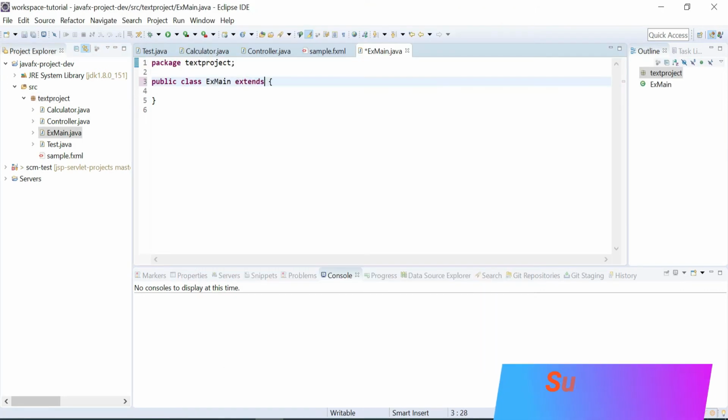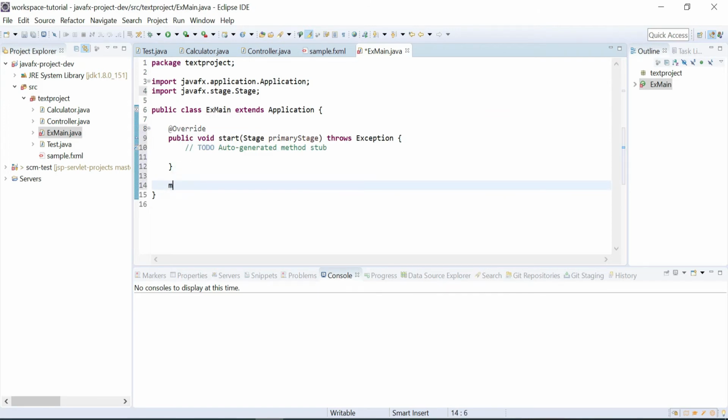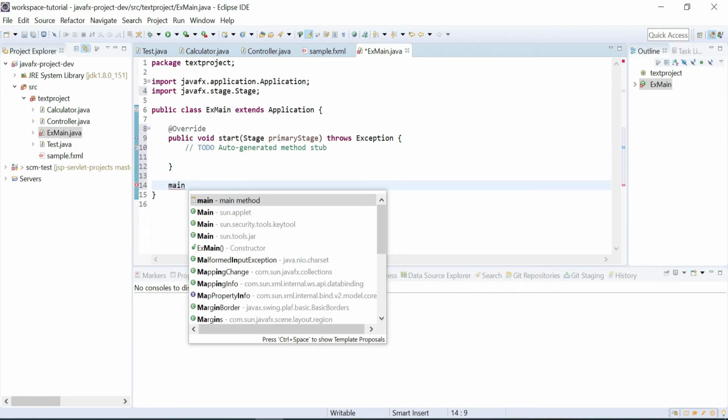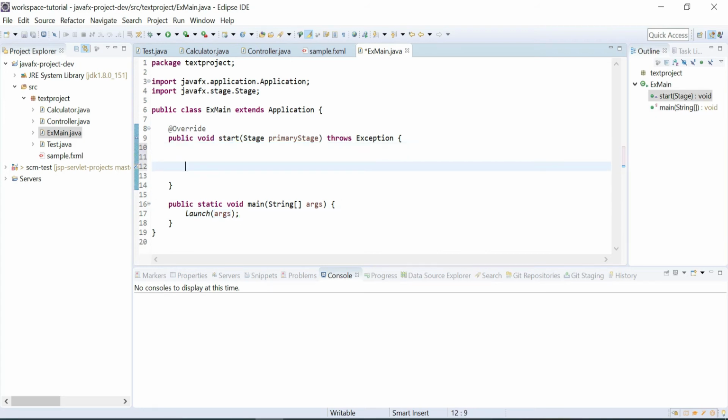The same as the programs we did before, we have to write the application class, write the unimplemented methods and the main method. In the main, we are going to execute the launch. And here, actually what we did, we have invoked the stage